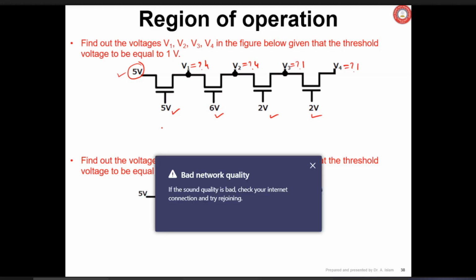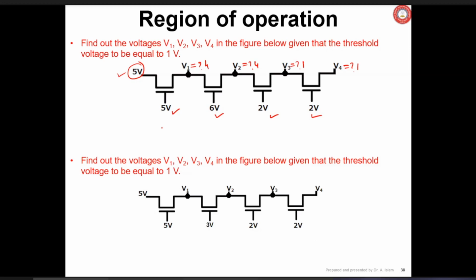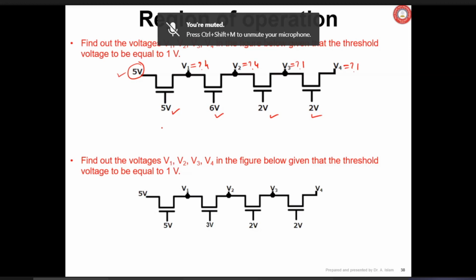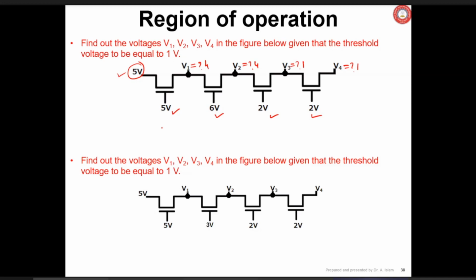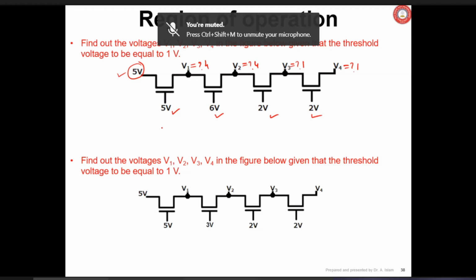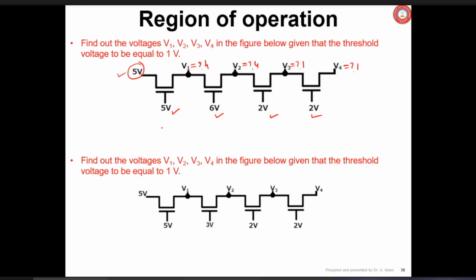So, how here are you getting 4 volt? How are you getting 1 volt? So if I do VG minus VT, then I get 4 volts. That is less than VG minus VT, 4 volt.